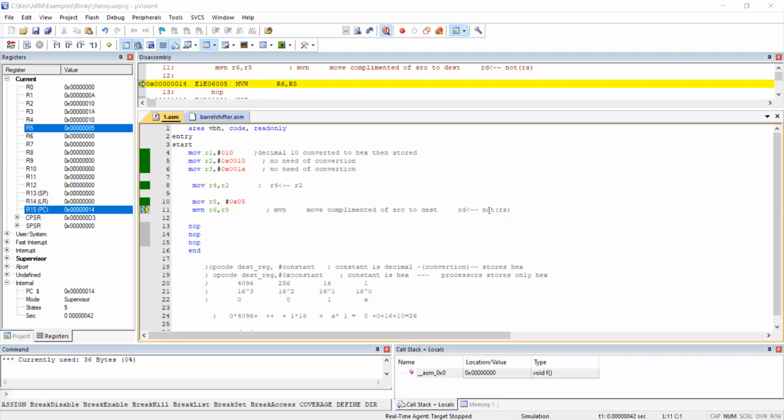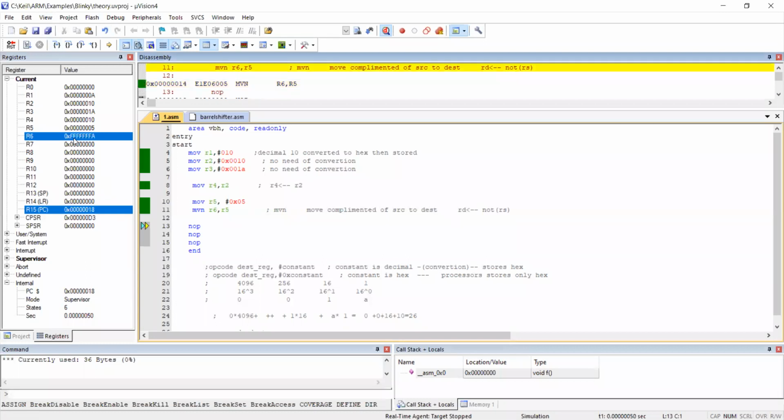Okay, next here. So what is the complement of that? Bitwise: 1 1 1 1. Next 1 1 1 1. Sorry, 4 times. 1 1 1 1 1 1 1 1 1 1 1, 1 2 3 4 5 6. This is the 7th. Last 4 bits I am complementing: 1 0 1 0. Hence, what will be the value? 7 times F and A. Let's see whether I am right. Can you see here the answer in R6? 7 times F and A.